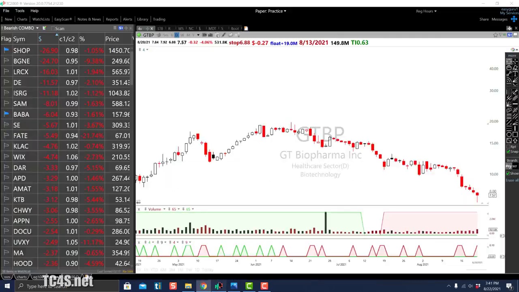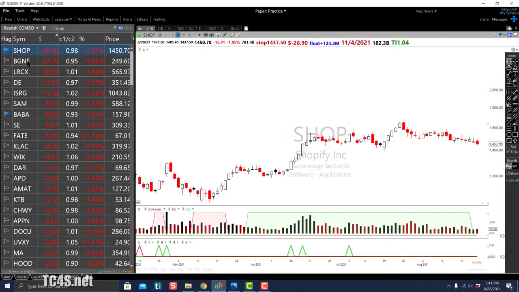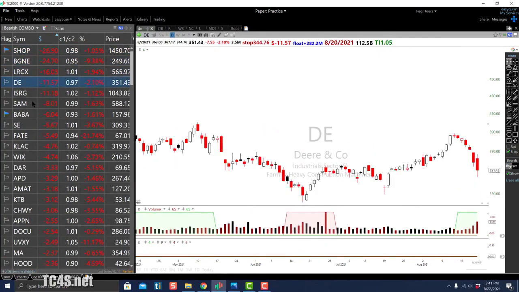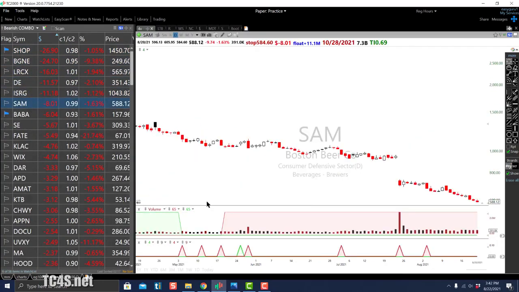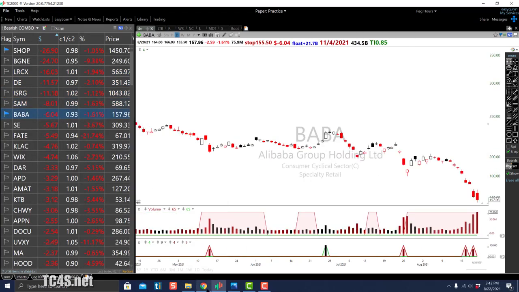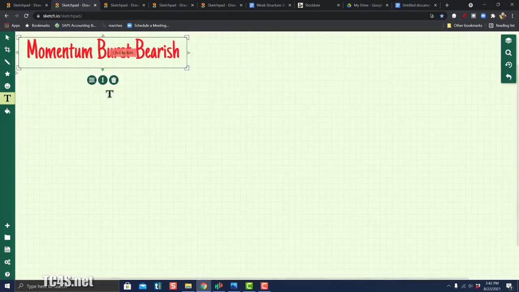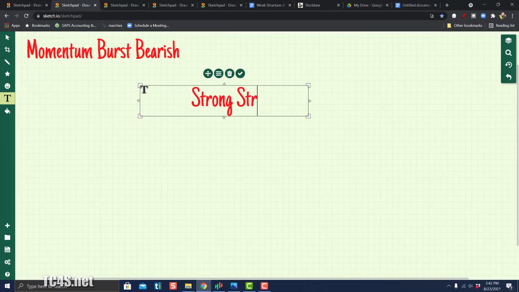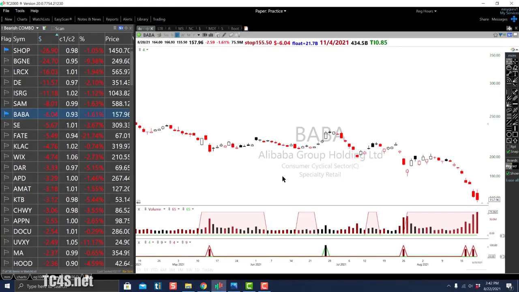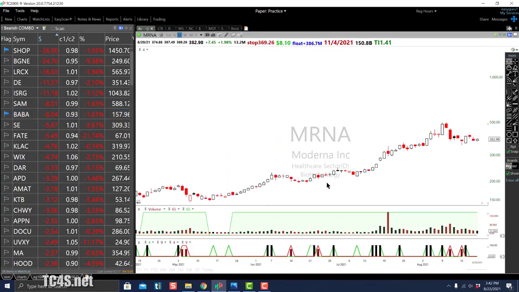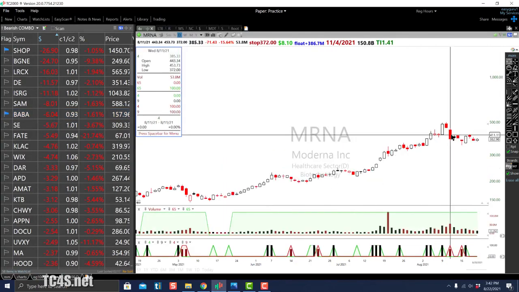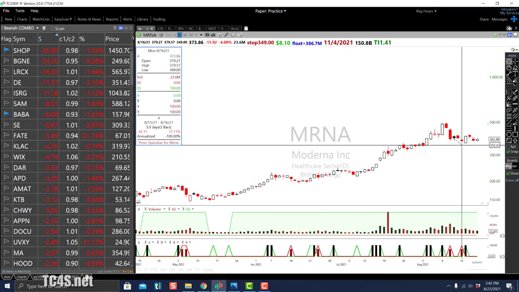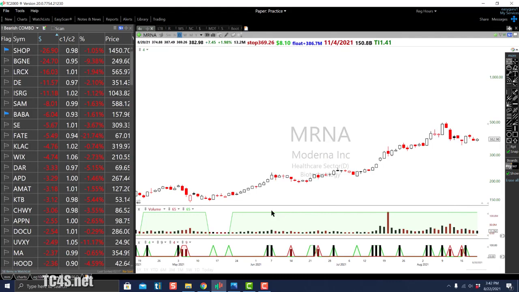Now once I run the scan, if I find candidates, I am looking for a breakdown at the start of a move. Here I look for two types of setups on the bearish side. One which I call strong structure short, which in simple language means a stock which is very strong and which is breaking down. So if you see, Moderna was a very strong stock which had made a big move, and then it was breaking down here. In 2 days it made a $50 plus move after that. Okay, so that's a strong structure short.